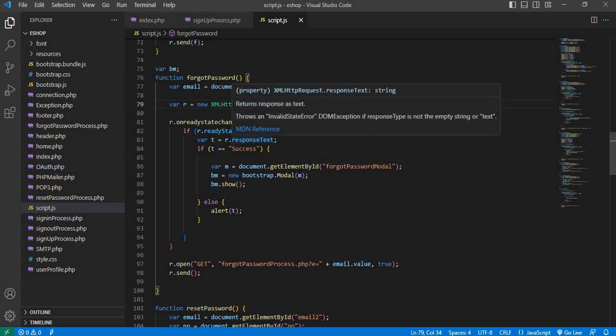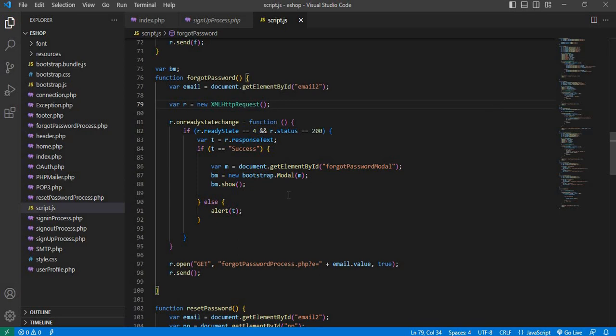Through the if condition we check that the ready state and status conditions are satisfied, and we take the response text sent from our server side. The response text from the server side is assigned as variable t. So if t equals success, then for forgot password we need a